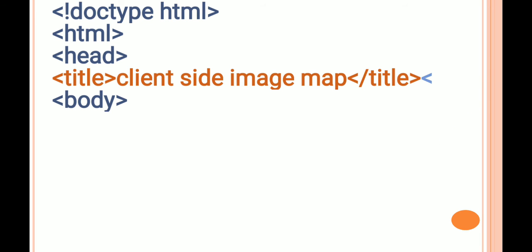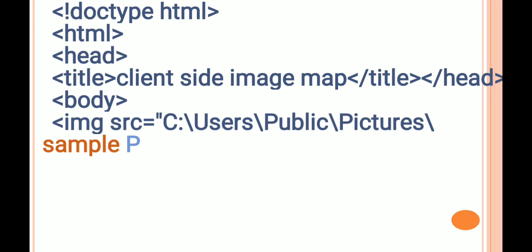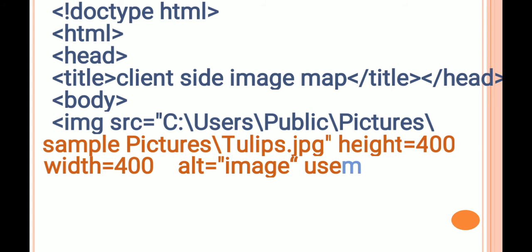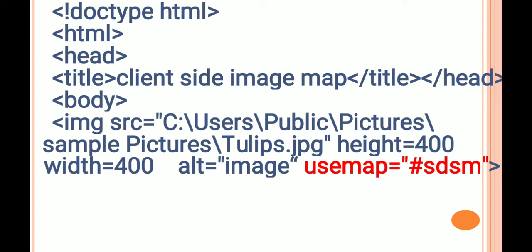We'll see the code for this web page. We'll start with the basic tags of HTML5. Exclamation mark, doctype html, head, title, client side image map, /title, /head, then body. Then we'll make use of the img tag with its compulsory attribute src, which specifies the path of a particular image. Then we'll define the height attribute which specifies the height of an image, width, and then the alt attribute,